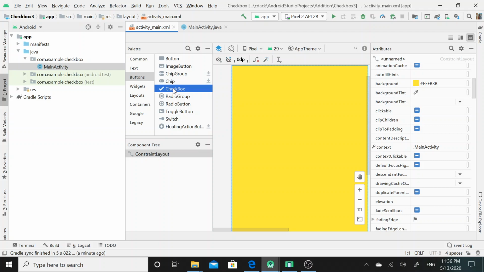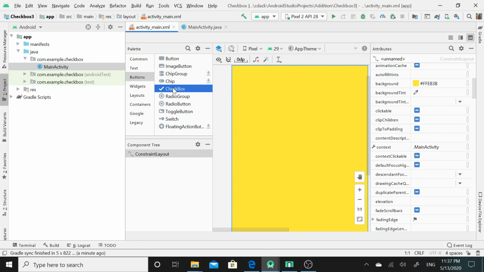Before proceeding with further demonstration, I would explain what the use of a checkbox in a mobile application is. A checkbox simply provides a multiple selection option for users. If you consider a radio button, then you are allowed to select only one option amongst all. On the contrary, you may select either all or more than one option using a checkbox.